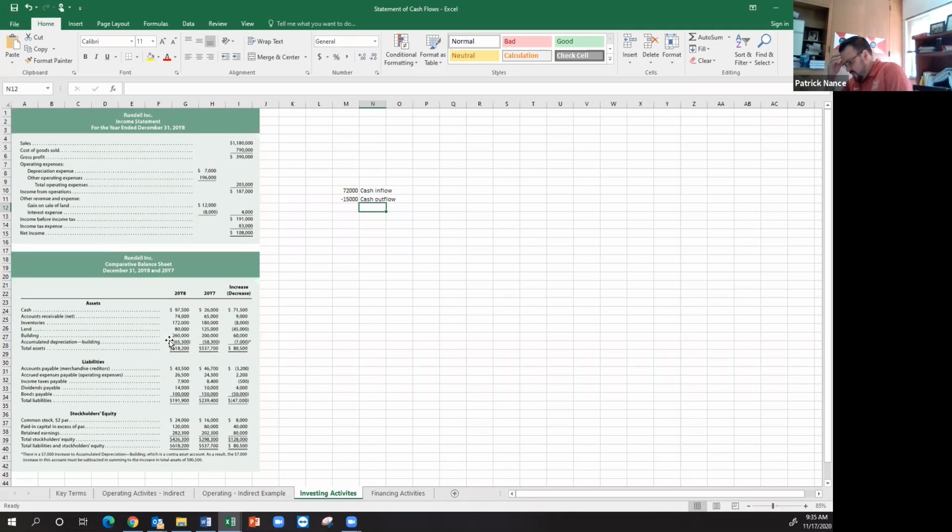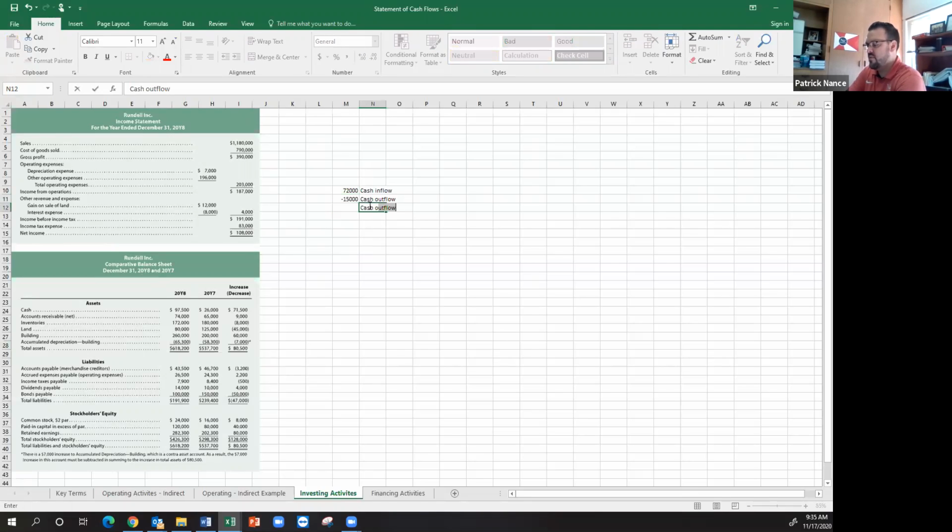And we also have a credit in accumulated depreciation, which represents the depreciation expense for the year of $7,000. But remember, that would have been over in the operating activities instead. So that gives us our overall difference in our investing activities of $3,000. So we had a cash inflow of 72, cash outflow of 15, and then a cash outflow